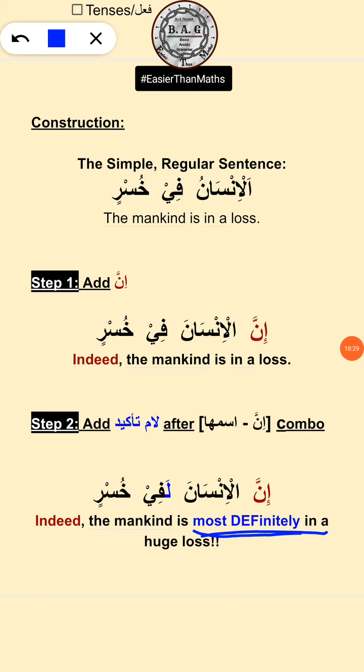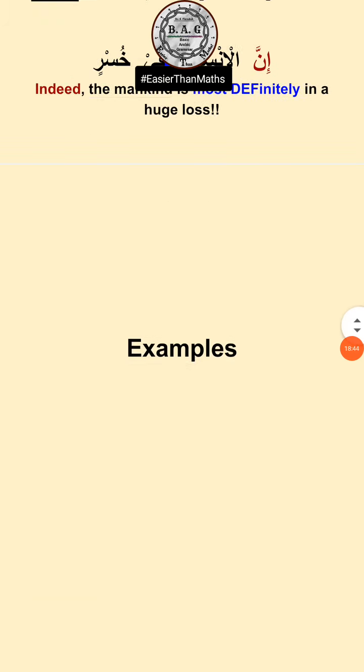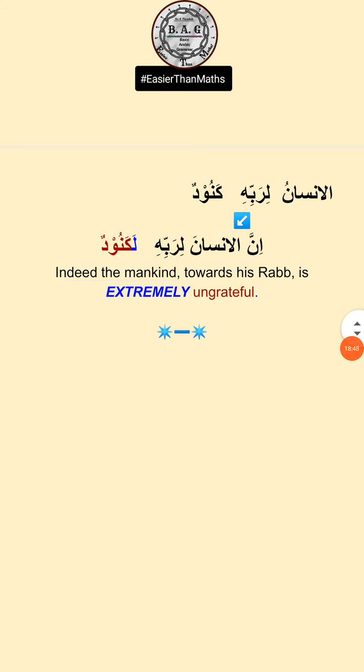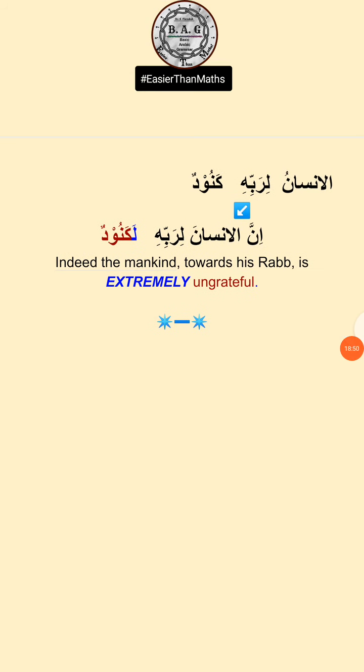Or you could also understand it as indeed the mankind is so in a huge loss. That is how it can be understood. Okay, so this is the impact of Laam-e-taakeed. All right, now a couple of examples and then we'll be done. All right, so our first example is going to be with a regular sentence, and then we're going to convert it into the sentence with stress via